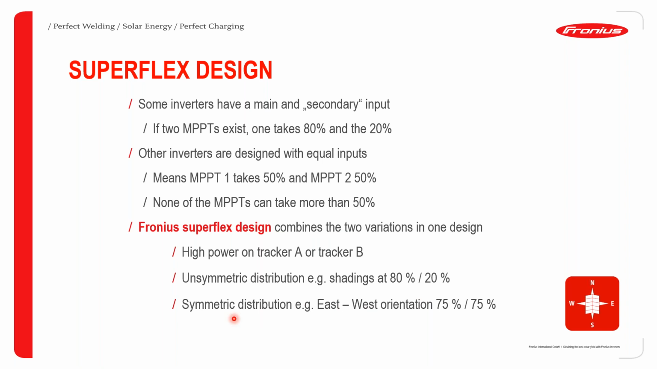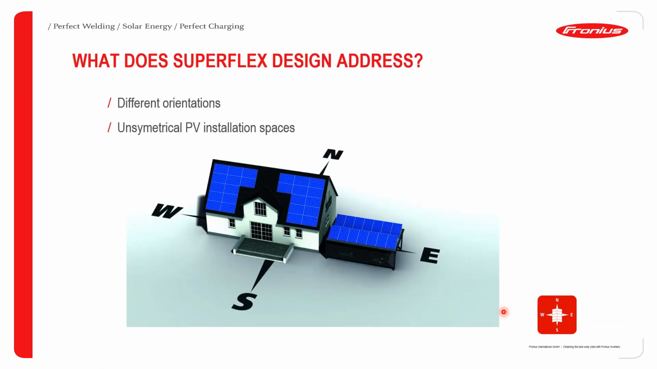And then, of course, it also can handle symmetric distributions, say for east and west orientations of 75% respectively. So in this case, you can see that it's a system that will sum up to 150% over dimensioning. So what does the SUPERFLEX design address? So it basically addresses, just as we have seen in the previous slide, different orientation of panels and, of course,